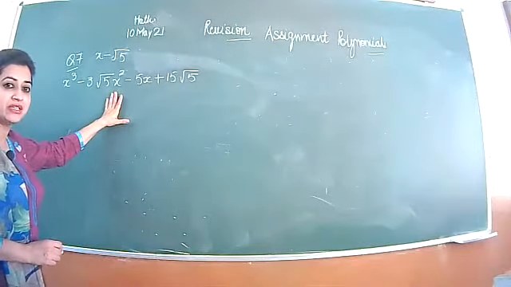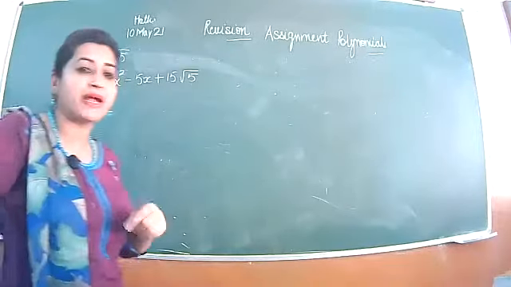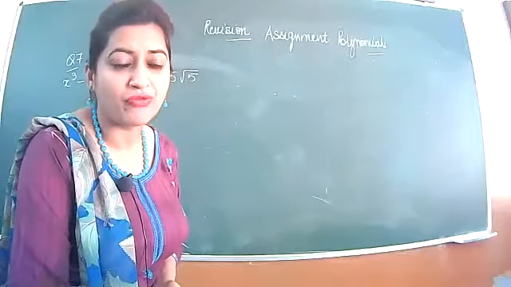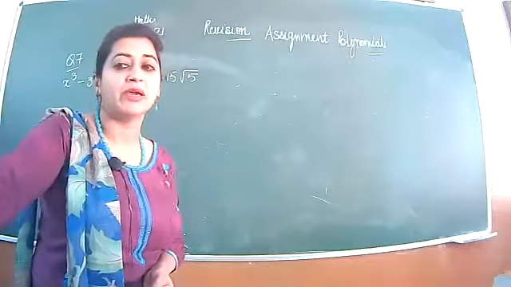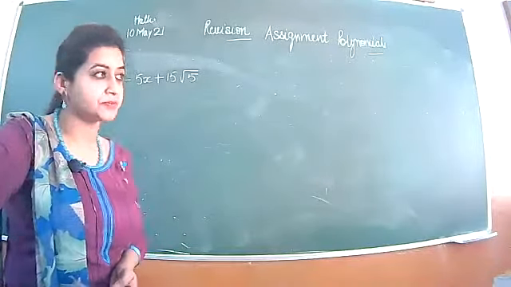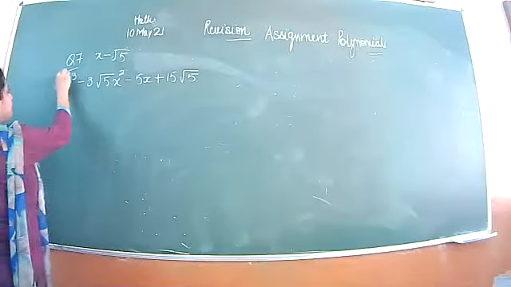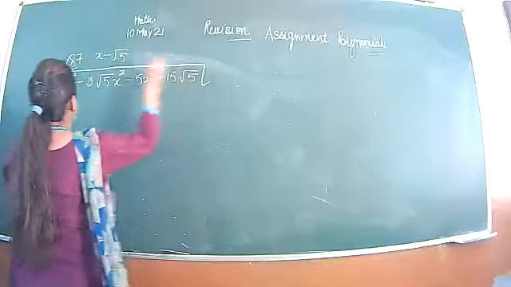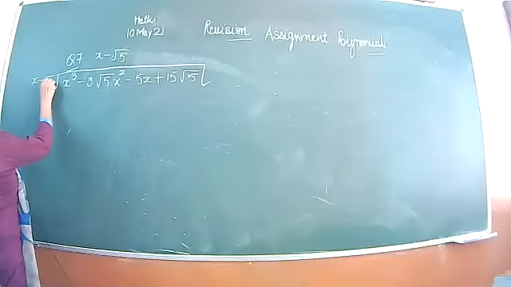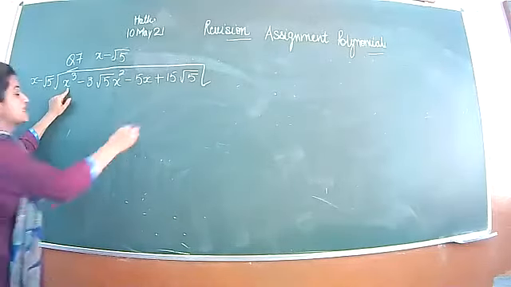And we don't have any other way, you have to divide it. And one more way is there, that is by trial method, but I will suggest you always not to go for that method, that will waste your time. You please divide directly and that will give you the correct answer. So you will divide this polynomial by x minus root 5. By which number should x be multiplied to get x cubed?